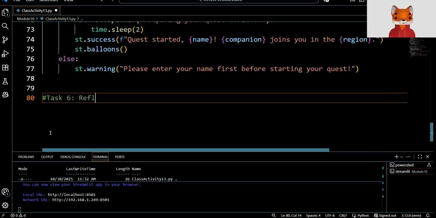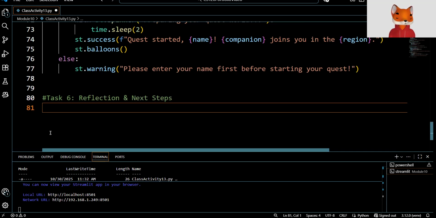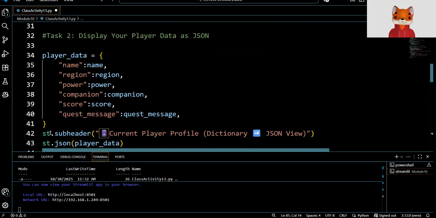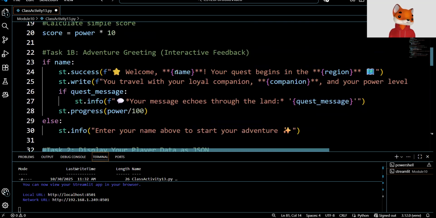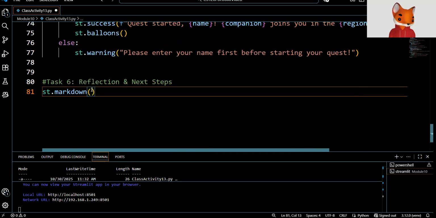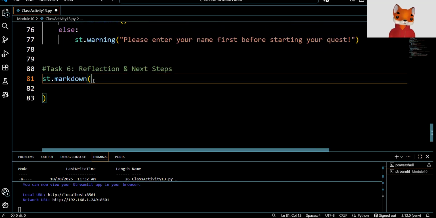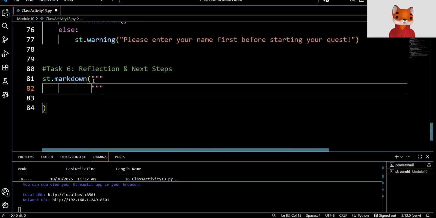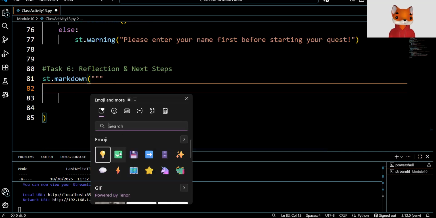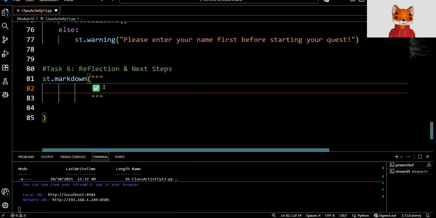Okay, task 6, we're going to have reflection and next steps. So now inside of here, what we're actually going to be using is something called st.markdown. Now this is what I said earlier when I said, oh, they allow you to have markdown when you want to capitalize the name, bolden the name or the region. But in this case, we can actually access their markdown function, and we're actually going to place in here some markdown information. So I'm going to use our doc strings, which is the 3 quotes, and we're just going to have a simple success message here. We'll say asterisk, asterisk,